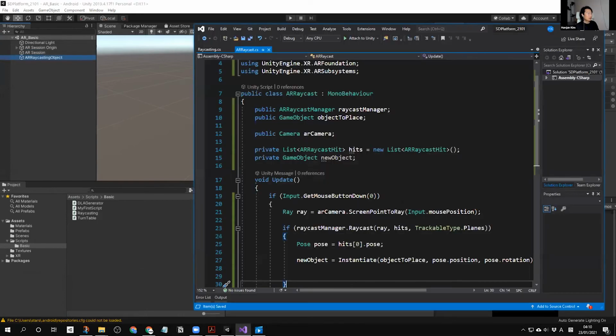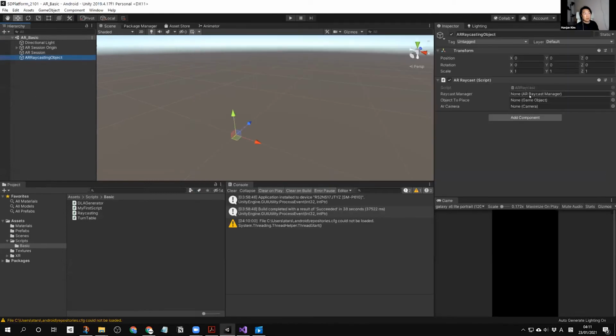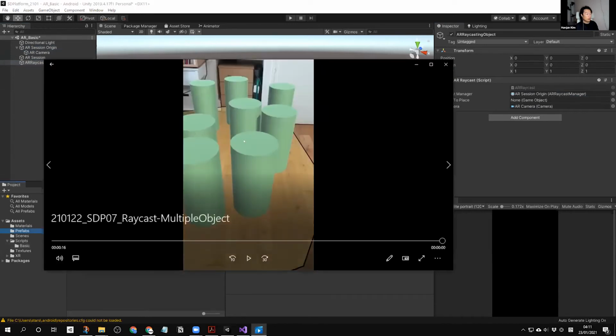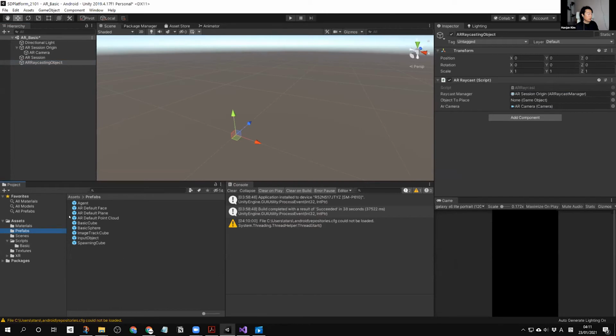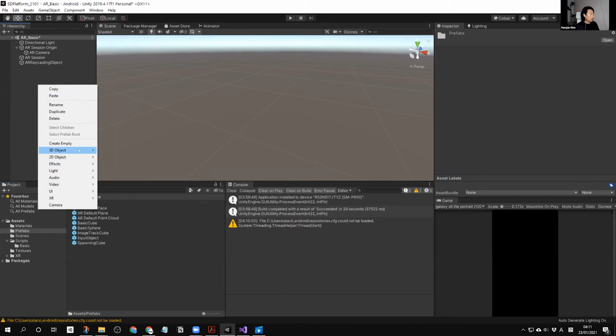Here it says Raycast Manager, so it needs the game object which includes the AR Raycast Manager, which is AR Session Origin now, right? So we're going to attach this one here, and the AR camera, which is this, and the object to place. In my case, I wanted to use just a cylinder, to use a bit different idea from just the cube and sphere. So here I created